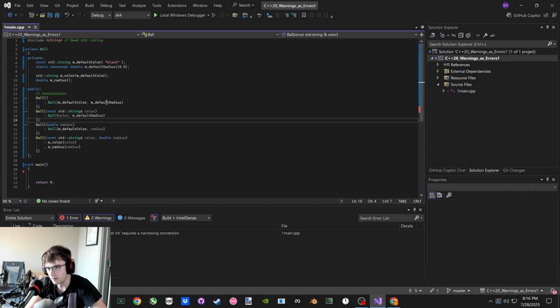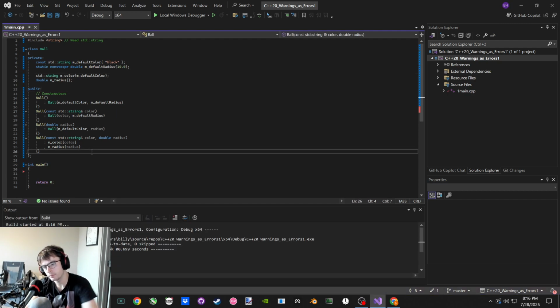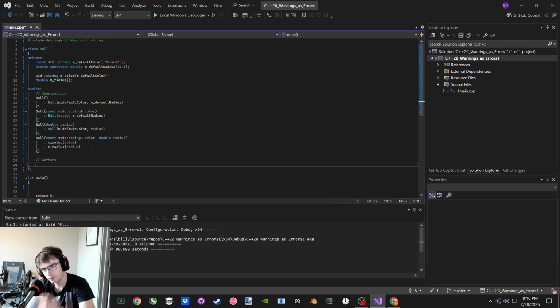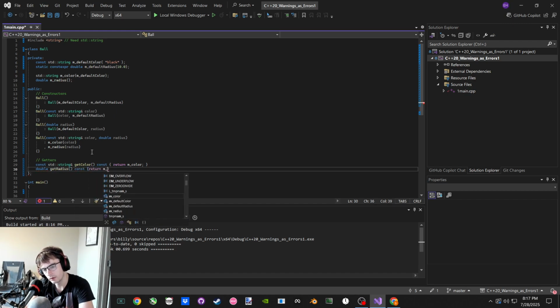Okay, so we could pass it nothing. We could pass it the color we received and default radius. We could pass it the default color and the radius we received, and then we could just pass it color and radius. Okay, and then we could say our getters. We have a const standard string reference get color const return color, and then double get radius const return radius,